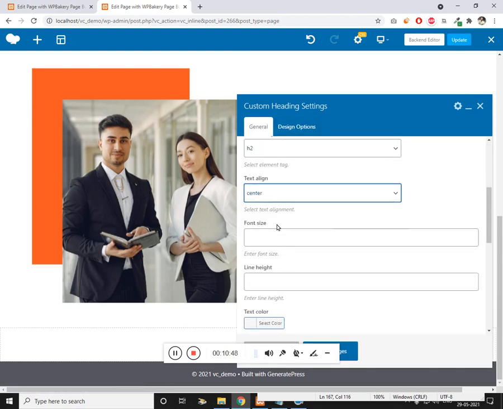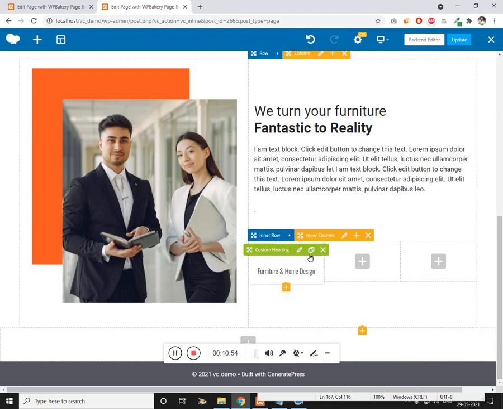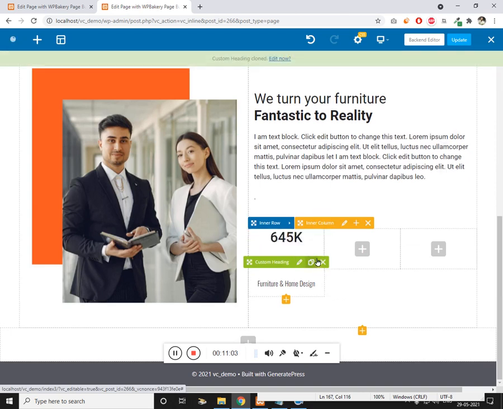And now it's just we need to duplicate the values. Click on copy price, and just drag this.